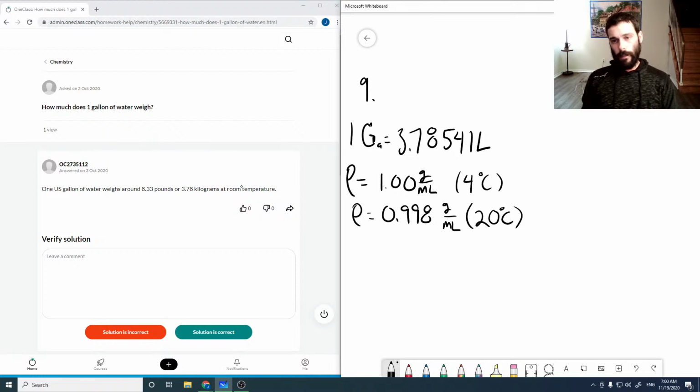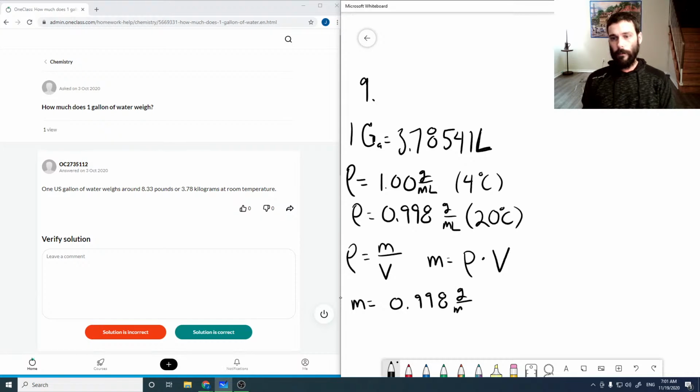then density is a mass over a volume. A gallon is a unit of volume, right, because it's in liters. So that means that our mass is our density times our volume, right? And so this will be, our mass is going to be 0.998 grams per mil times